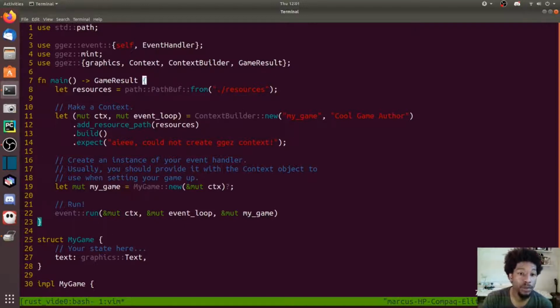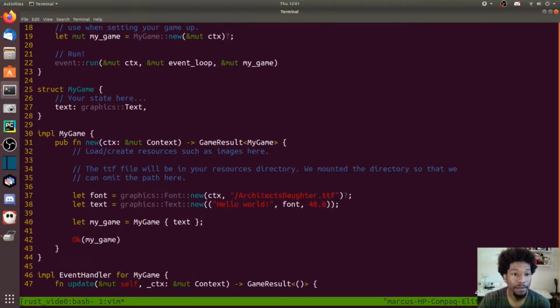Other things to note in terms of changes, I made main return a result, which sort of simplified things along the way. As you can see, the event run no longer has the match statement that just checked for OK and error. That gets returned directly, so that's no longer here. And in the example, they changed the new function for my game to return a game result, and because it's returning a game result, now I can just use the question mark if there's an error. So coming down to my game,